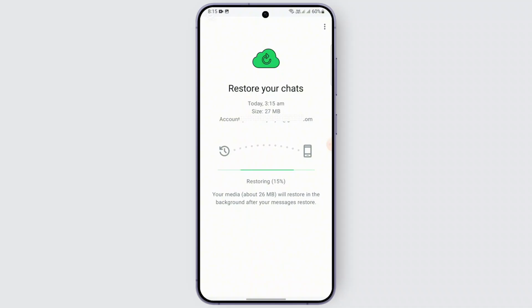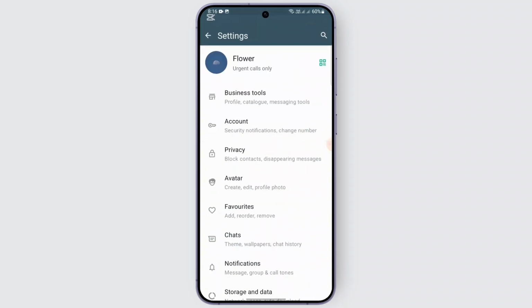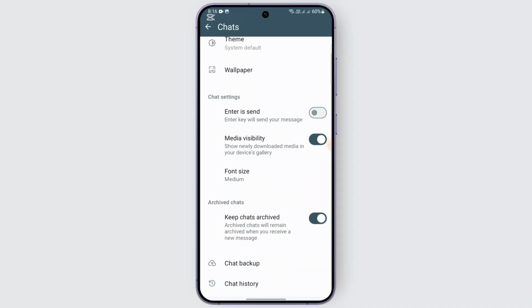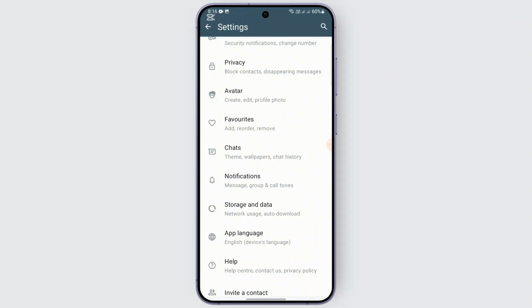Apart from this, there is another method as well. If you want to back up your chats, for that just wait for this to be completed. After you have logged in to your WhatsApp Business account, just head over to the top three dots at the top right corner. After that, tap on settings, and you'll find this option called chats. Go to the chat section and simply back it up just like you usually do on the WhatsApp application as well. And that's how you basically recover your